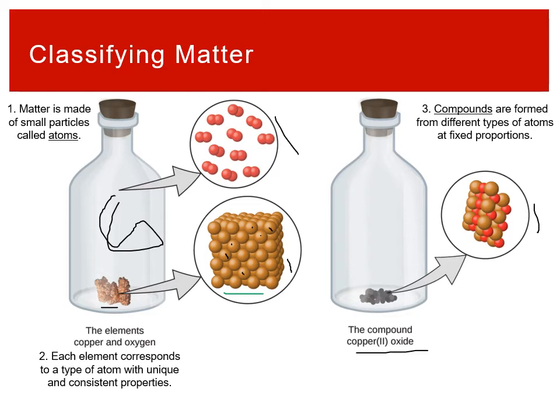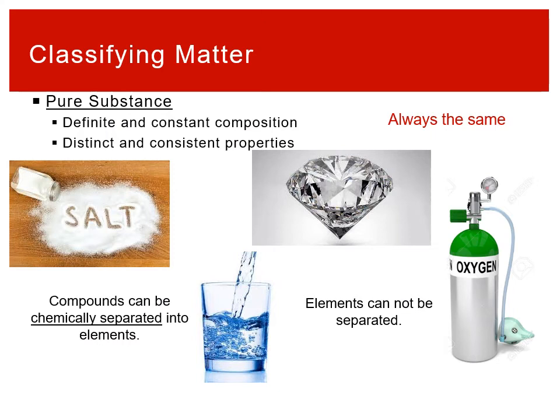We could certainly see that it would be possible to take this sample of matter and break it apart to simplify it into those two component elements. It would just basically be unmixing the red circles and the copper colored circles. But we couldn't do that if it was just an element. Collectively, elements and compounds are then known as pure substances.